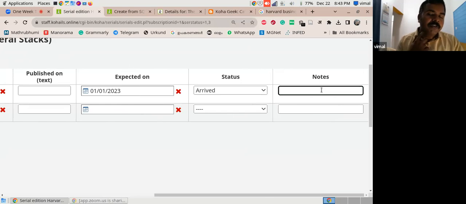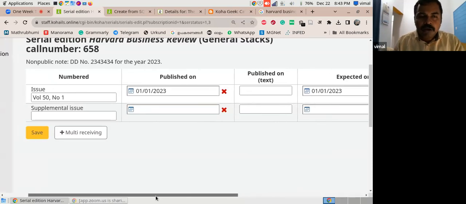The purpose of the note section is that, suppose HBR has some thematic issues, I mean, thematic issues every release, branding special issue. We can mention it there. That will be helpful for the users who like to read it. Okay, then